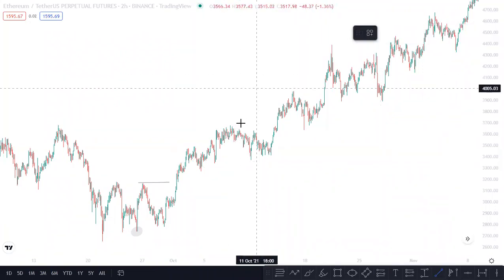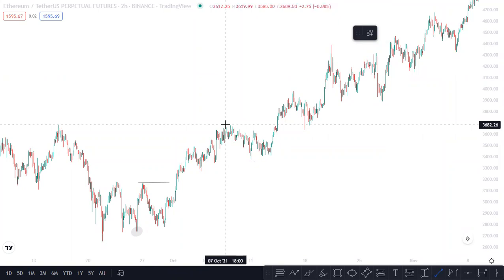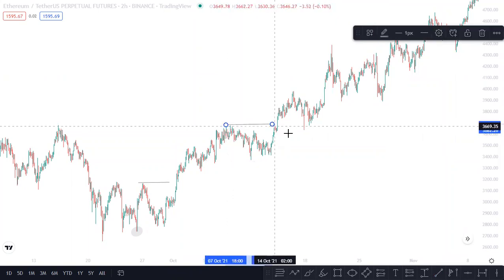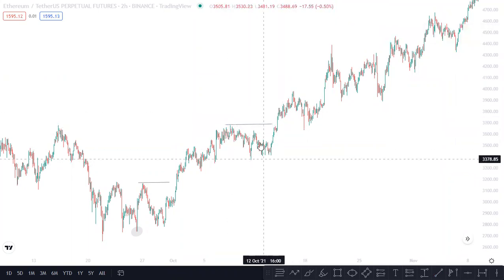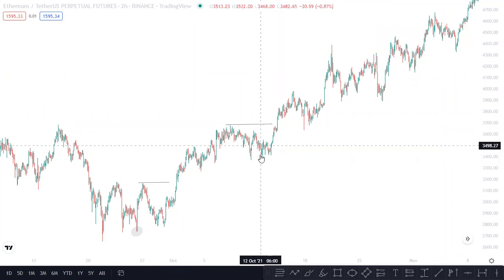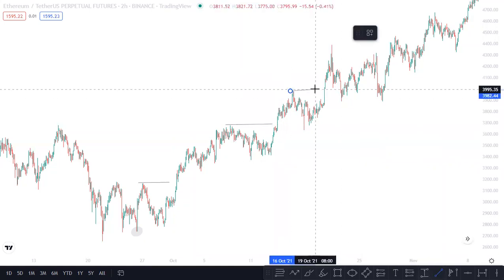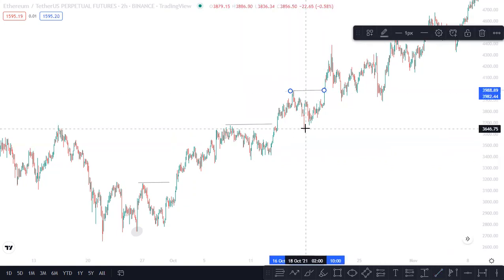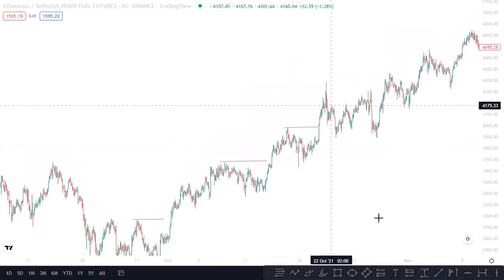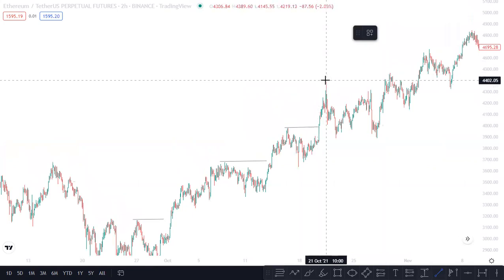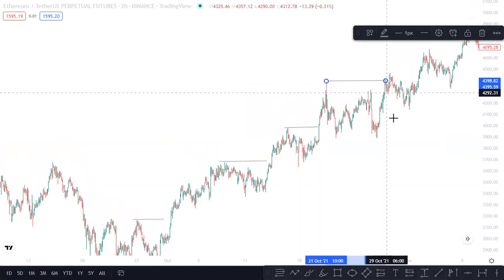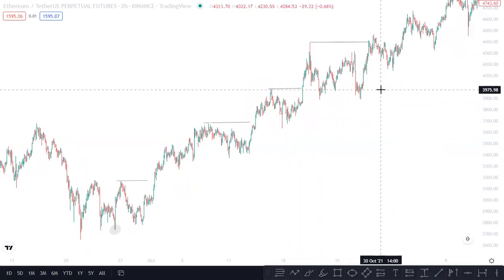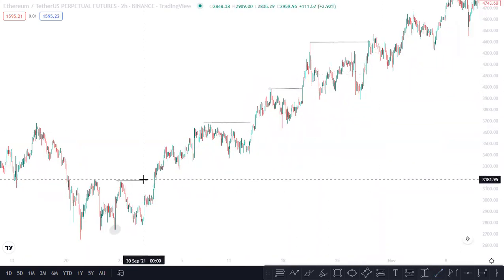Since you're in a higher time frame structure, I'll be marking significant highs and lows, right? Like this one, a new high was broken at this point. This is your BOS at this point, your higher low, right? So a new high was formed there. A new high was formed there, right? Your higher low, a higher high, right? So your BOS for an uptrend structure will be at a higher high, right? So you are seeing what I'm marking. Here will be your BOS.